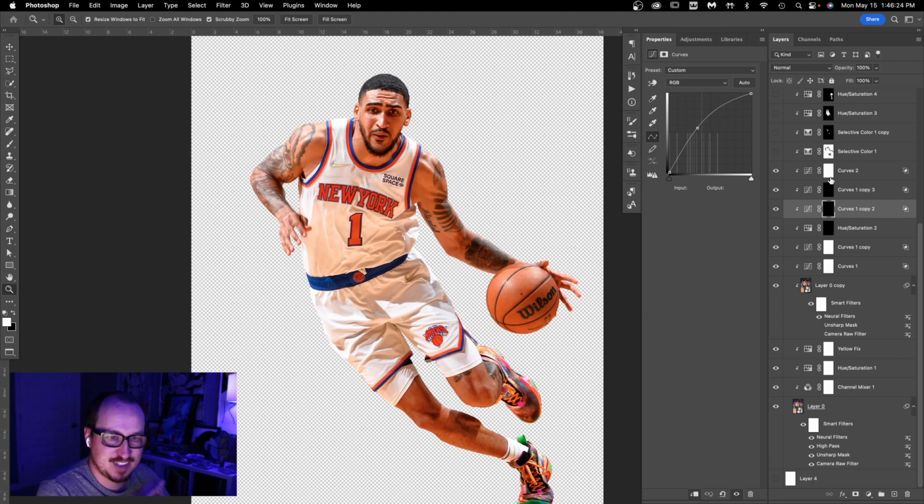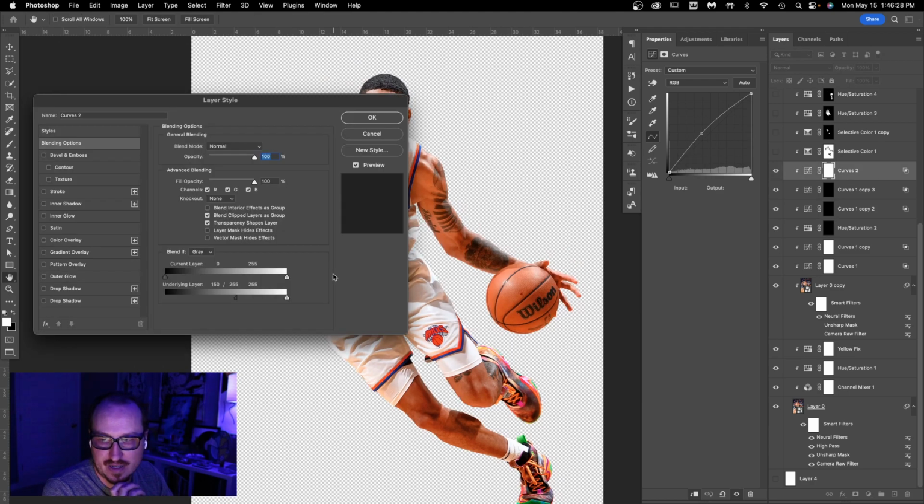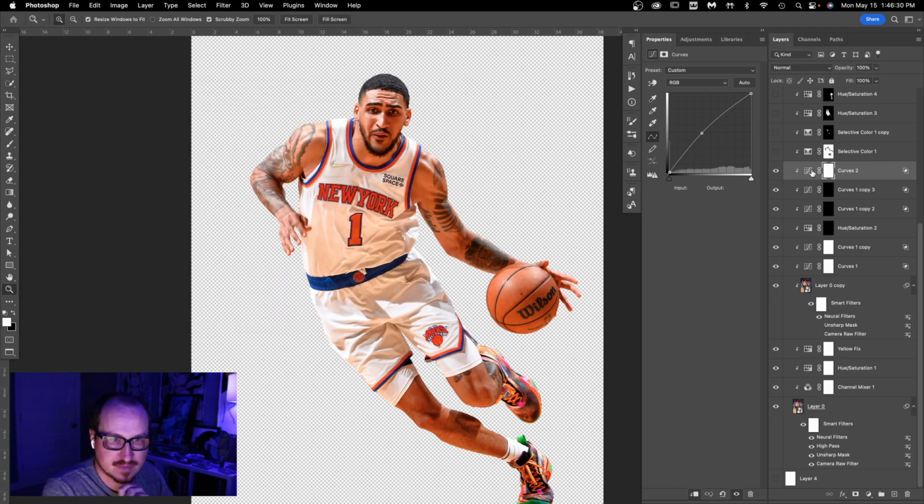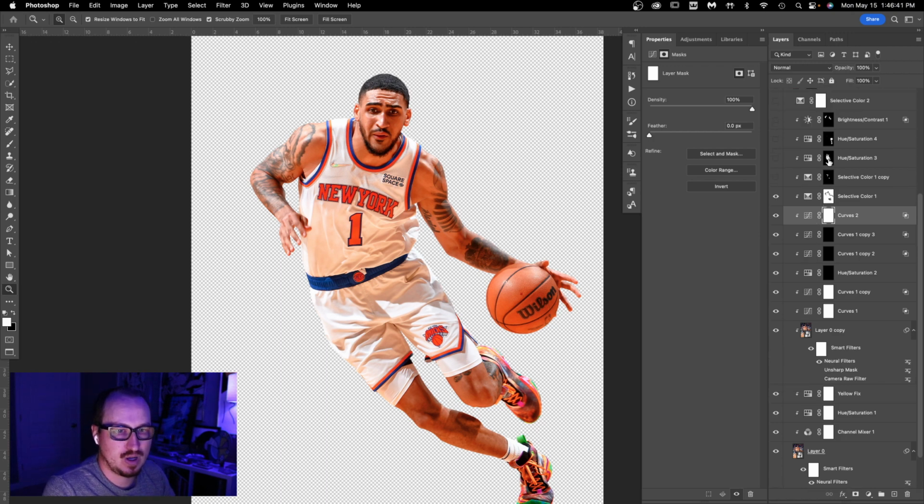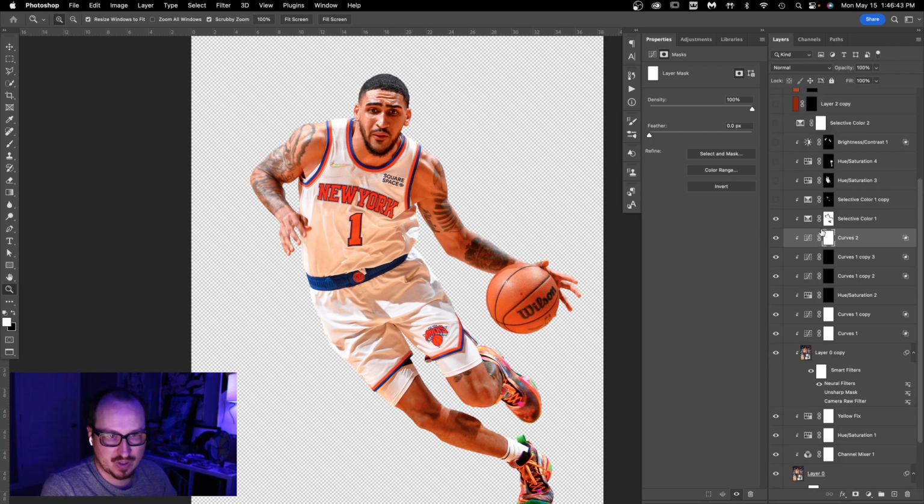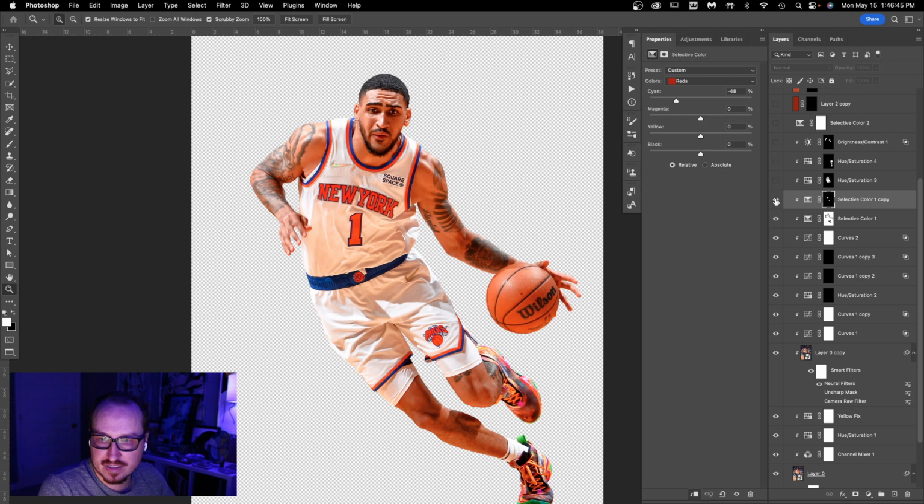Basically just a few little curves layers to brighten things up a little bit. And this is brightening up just the highlights. Then I have a selective color layer, which is making everything a little more orange, except on a lot of his skin because I didn't want it to be too orange. I wanted his skin to be a normal color. We have another selective color, which is just brightening up the orange on his jersey, which you can see here,